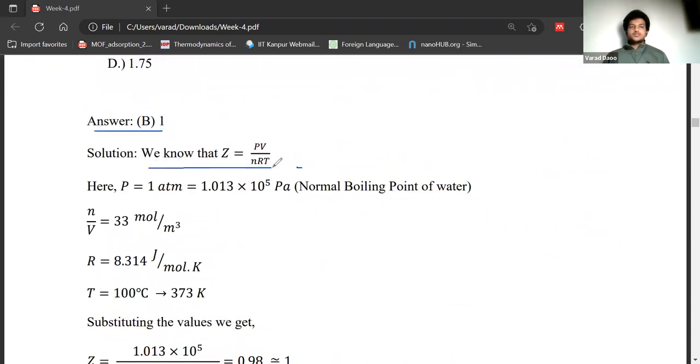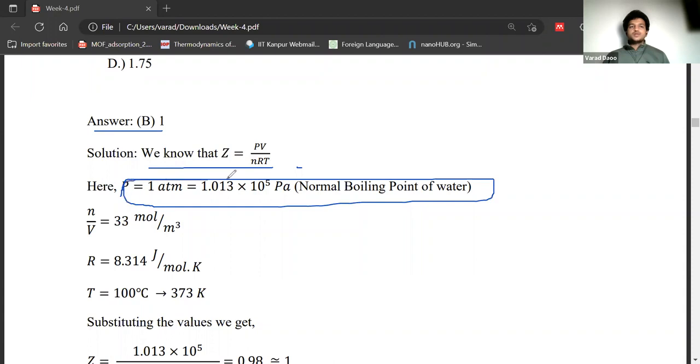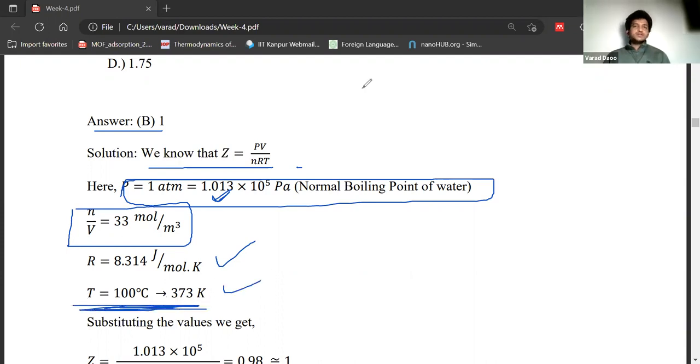So we know that Z is equal to PV by nRT. These are the conditions of the normal boiling point of water. Pressure is 1 atmosphere, which corresponds to this value in Pascal, 1.01325 × 10^5. And n by V is already given, 33 mole per meter cube. We know the value of the gas constant, and the temperature at the normal boiling point is 100 degrees centigrade, which is 373 Kelvin. When you substitute it,